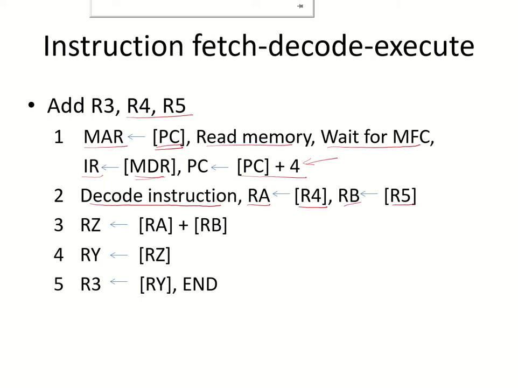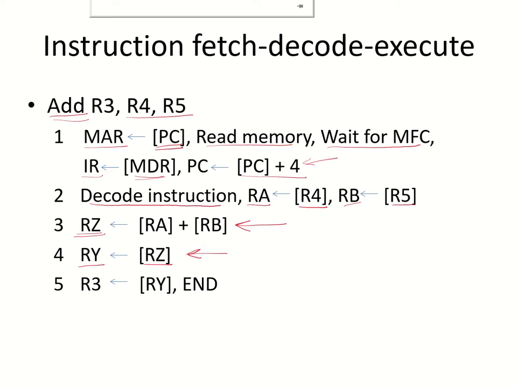In the third stage, since this is an addition that has to be performed, this addition will be performed in the ALU, and the result will be stored in another interstage register which stores the output of the ALU, which is register RZ. In the fourth stage, no memory access is required. So simply the contents of the previous interstage register will pass on to the next interstage register. RZ contents will be passed on to RY.